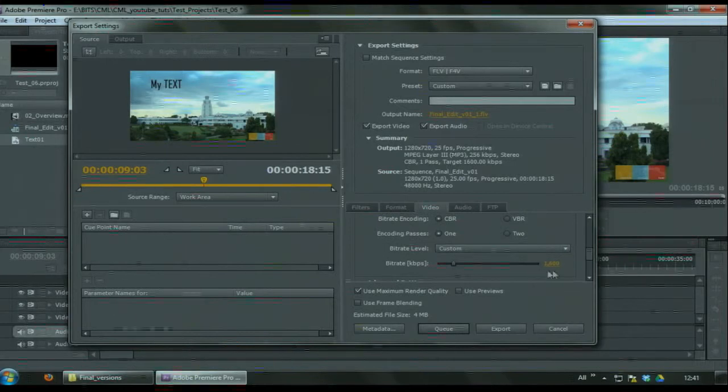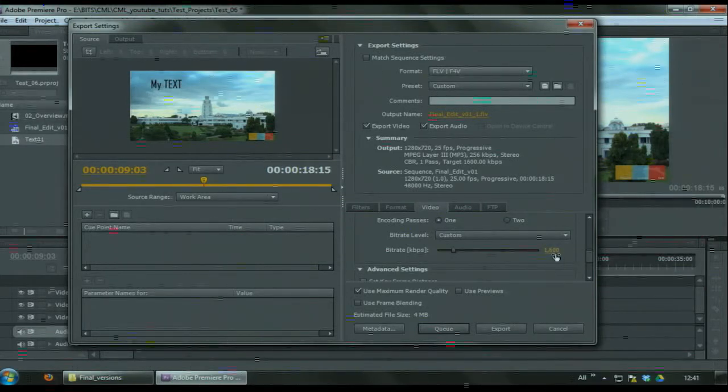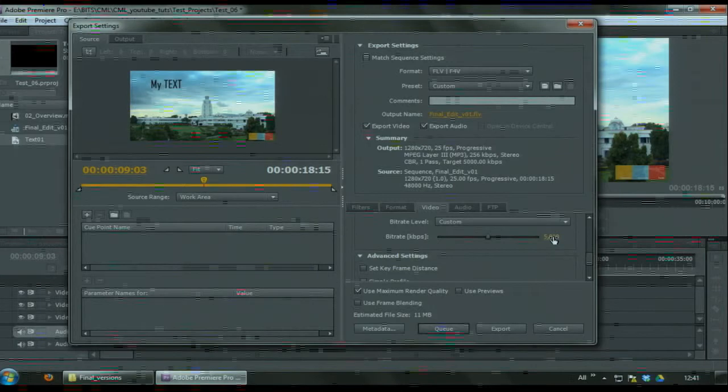Now here is the most important part when you are exporting a video to FLV, which is the bitrate. Okay, so check this particular part, which is 1600, and this part, which is the estimated file size. Let's say I increase it to 5000. As I increase it to 5000, you can see the estimated file size increases. Okay, which means the more the bitrate, the better the quality of the video, but the